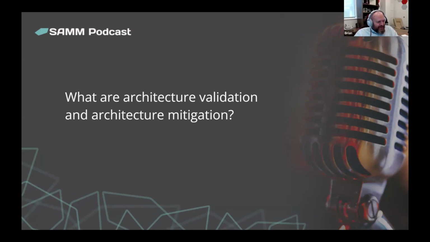This is one of the more debated areas within SAMM in terms of interpretations, and I like that Aram went in with all guns blazing for this part. From my perspective, in my interpretation of how I translate it for people, architecture validation is going back post implementation, right? We have threat modeling that in theory should be pre-implementation, pre-coding. Architecture validation is saying, hey, we said we are going to design it this way. We said we needed these security controls. We, in theory, created all of this. Now we want to go back and look and say, hey,